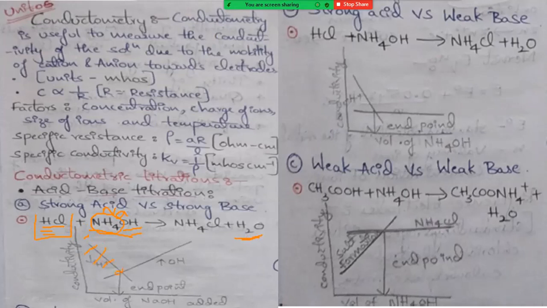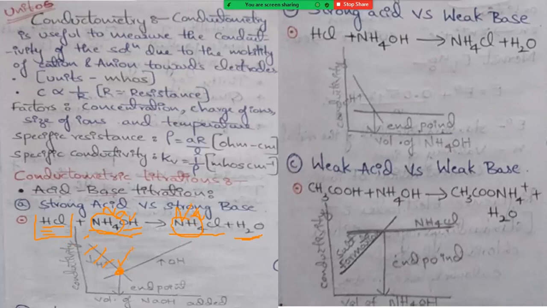So at this point, this is the end point. At this point, all H+ ions are completely consumed by OH- ions. There are no further H+ ions available in the solution. Now it reaches the end point. Okay, so what is happening at the end point? All H+ ions are consumed, forming a salt. What is the salt we are forming here? We are forming NaCl, not NH4Cl. Sodium chloride will be formed at the end point, so that means the reaction is completed.